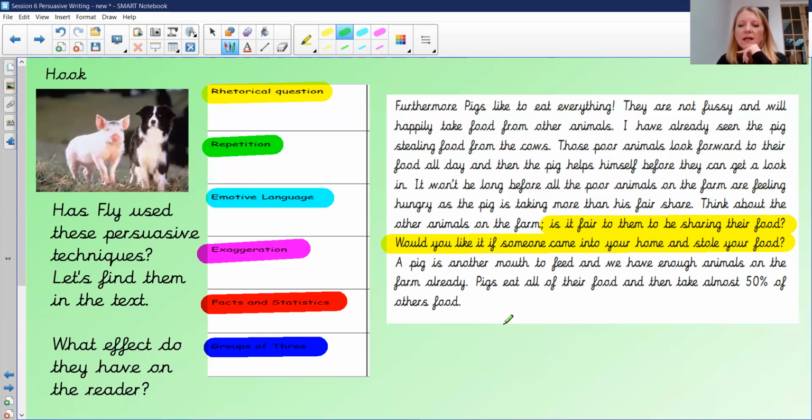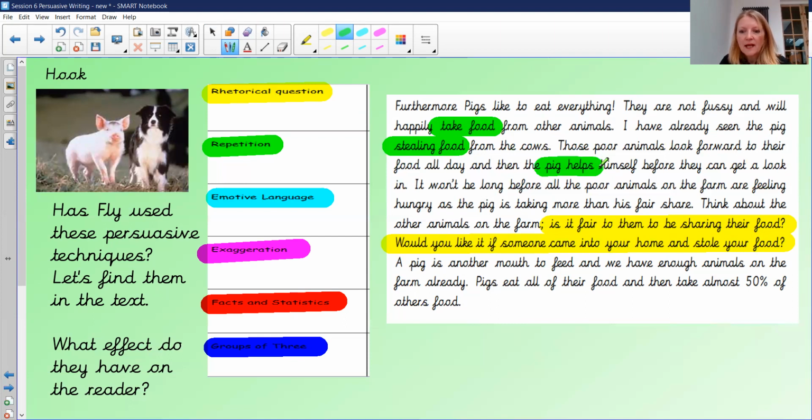Pigs eat all their food and then take almost 50% of others' food. Okay, so we've got this idea of the pig taking and stealing food from others. So that is repeating the same idea. Okay, so we could highlight take food, stealing food,